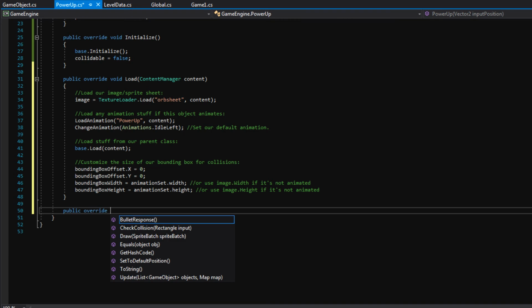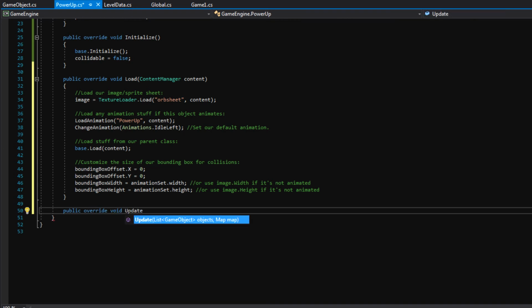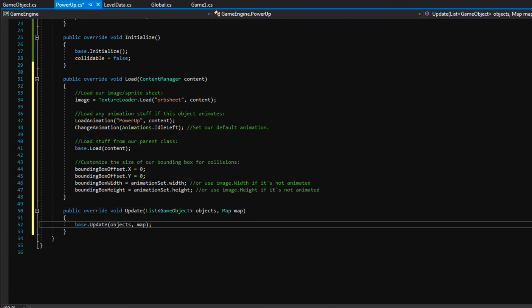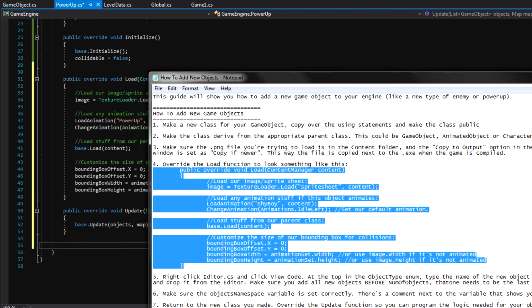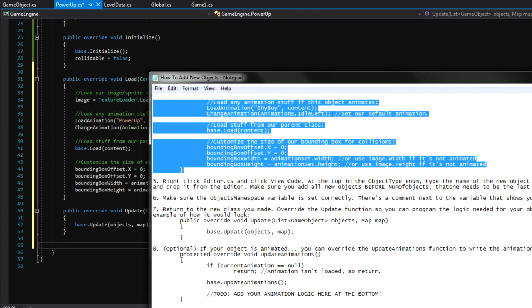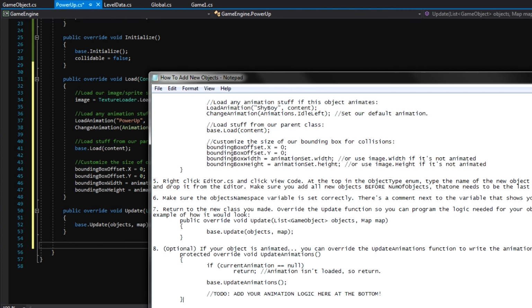Now we can say public override void Update. And in this function, all we have to do is implement the gameplay logic. So in a little bit, we can make it where when we detect a collision with the player, we add a score, something along those lines. And then finally, the last thing I believe we will need in this class is the update animations